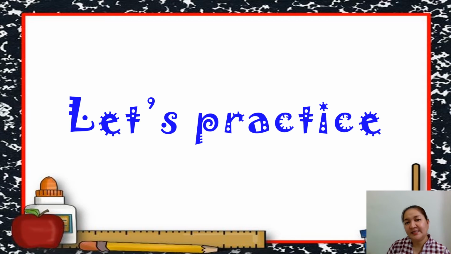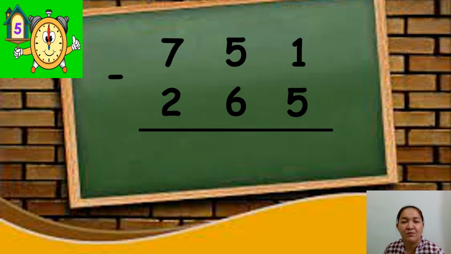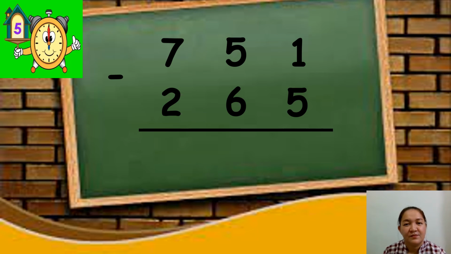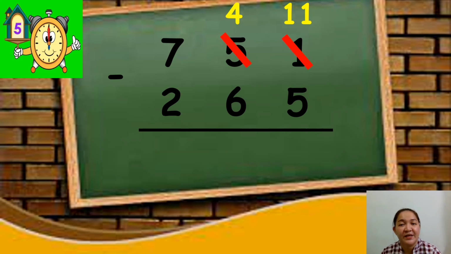So let's practice subtracting numbers. 751 minus 265. What's your answer? So let's check if your answer is correct. 1 minus 5 cannot be, so we're going to borrow 1 from 5 tenths. So 5 tenths will become 4 tenths. 1 will become 11 ones. So 11 minus 5 is